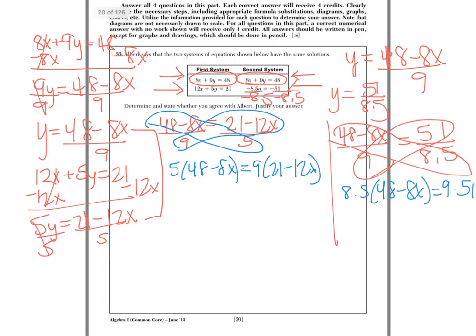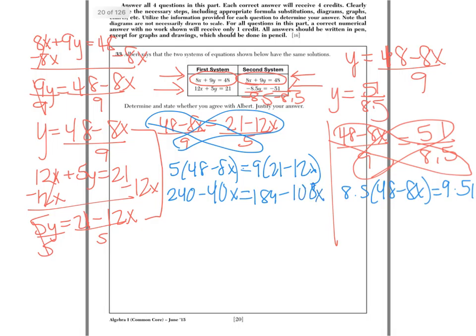So we distribute the 5 and we get 5 times 48 is 240 minus 8 times 5 is 40x is equal to 9 times 21 is 189 times negative 12x,